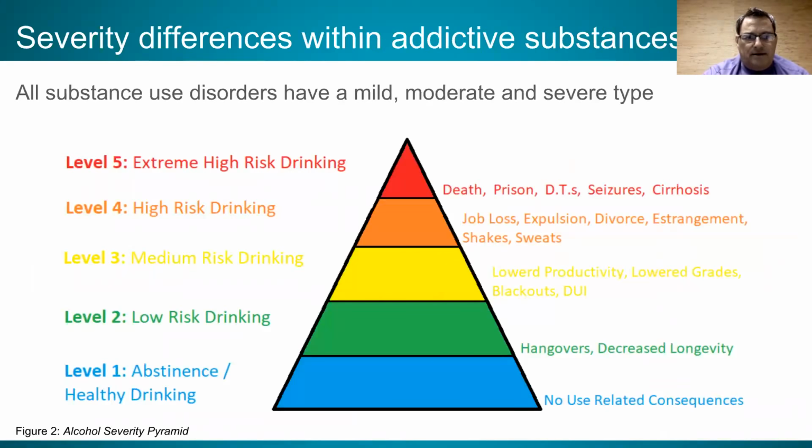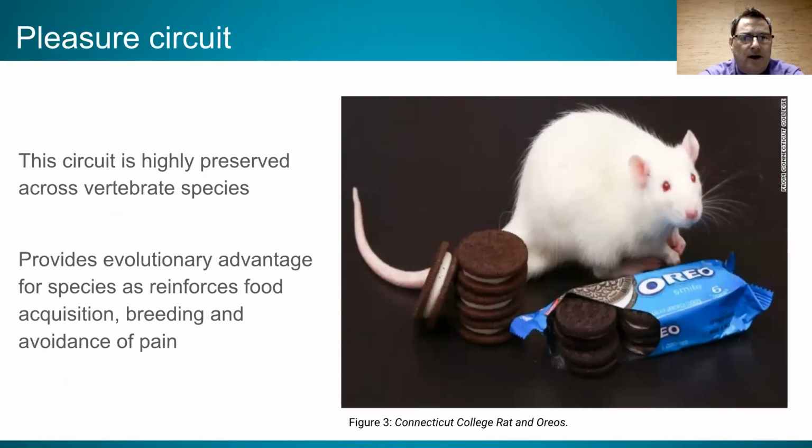Okay, so a little bit on the motivation and reward circuit, sometimes considered the pleasure circuit in the brain. First of all, the motivation and reward circuit is highly preserved across vertebrate species. As you can see, that little mouse is very fond of Oreos, and really all vertebrates have a motivation and reward system in their brain, and part of the reason for that